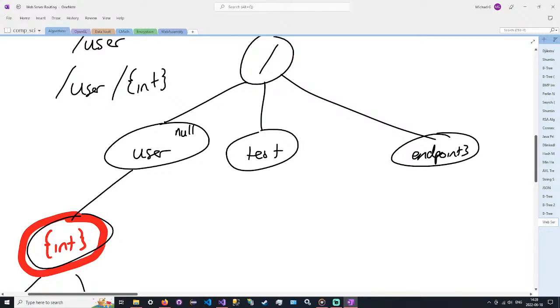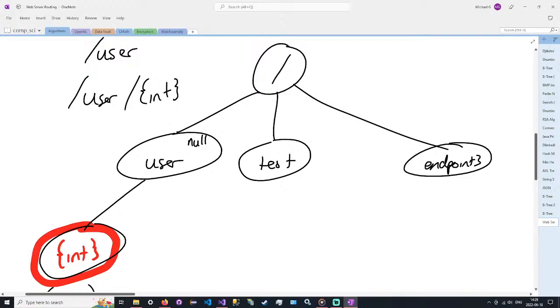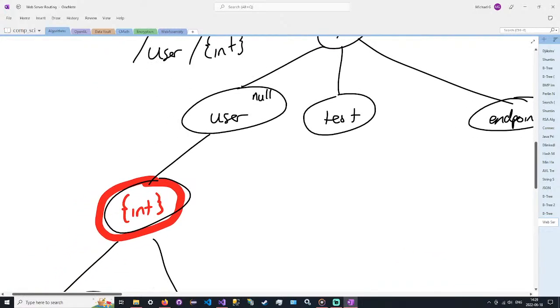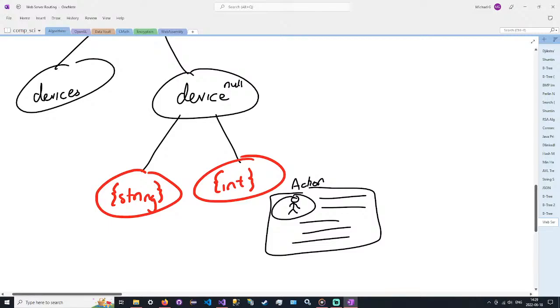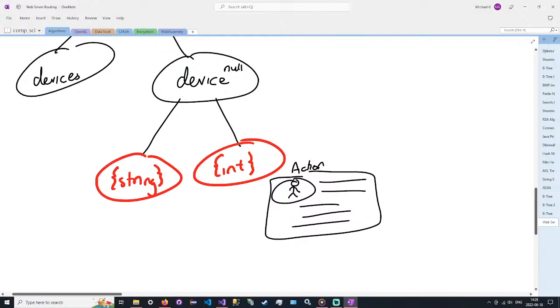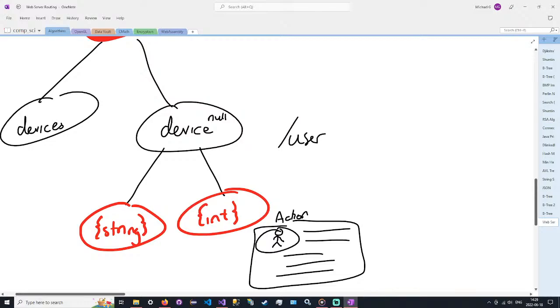How do we detect that an integer is an integer? Because, like I said, it's still just a string of characters. So we're going to have some sort of class, or a couple functions, to help us parse what type an argument is and get the actual value from that string. Because you can have multiple types, and there will be a priority. So, for example, if we passed in the route user/27/device